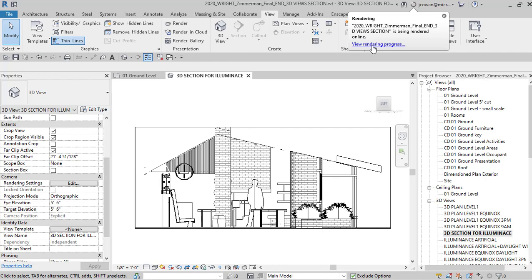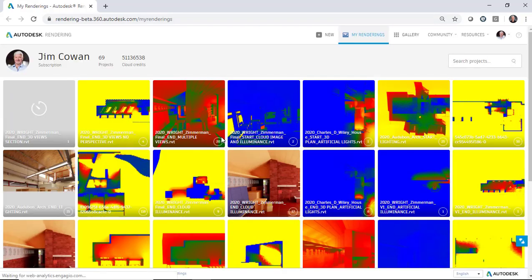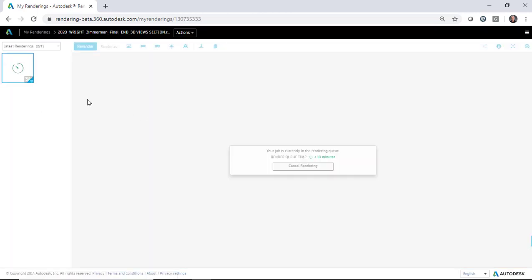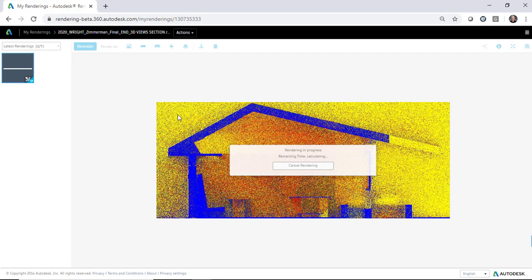I can click on there to go look at it in the cloud. There's my project. There's the Illuminance rendering that's being created. And I expect this to show a range of Illuminance levels that would be of most interest to, say, an interior designer or an architect, right? So